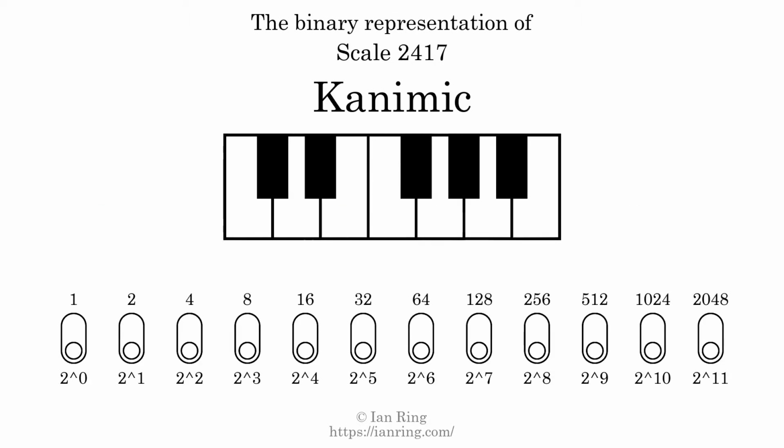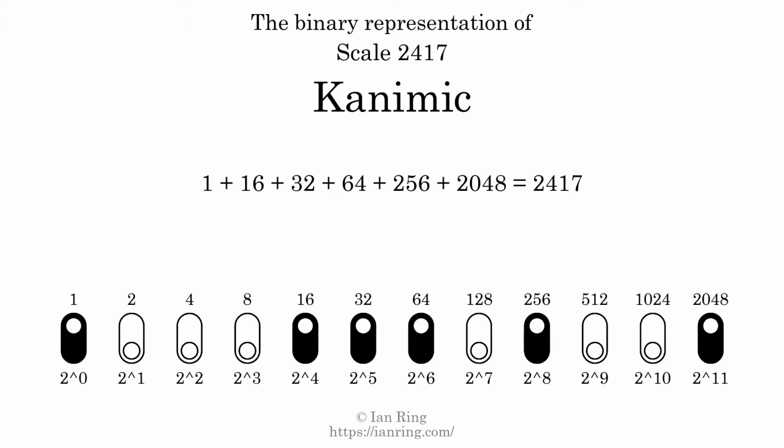The binary representation of this scale is determined by mapping tones of the scale to binary digits. Each binary digit represents a power of 2. To get the scale number, we add the powers of 2 together. The powers of 2 that are present in the scale, all added together, equals 2417. That is why the scale number, in decimal, is